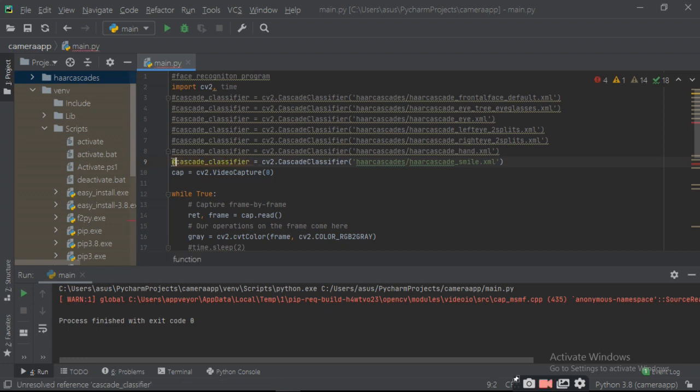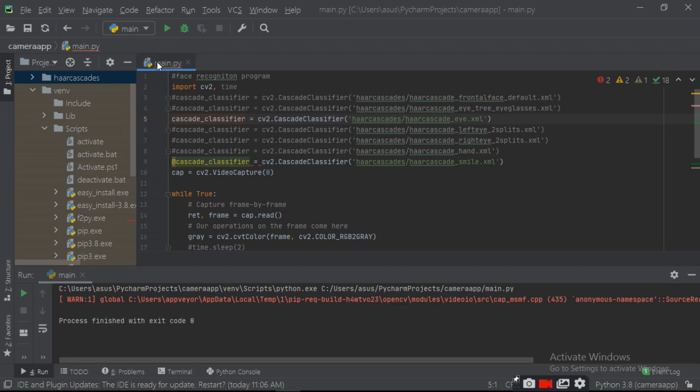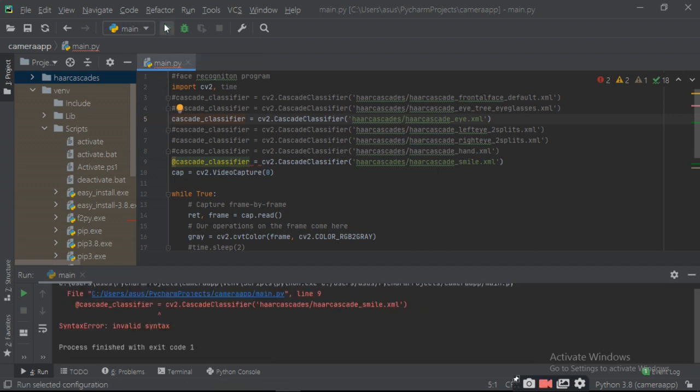So for the eye you can use it and run it. Line 9.